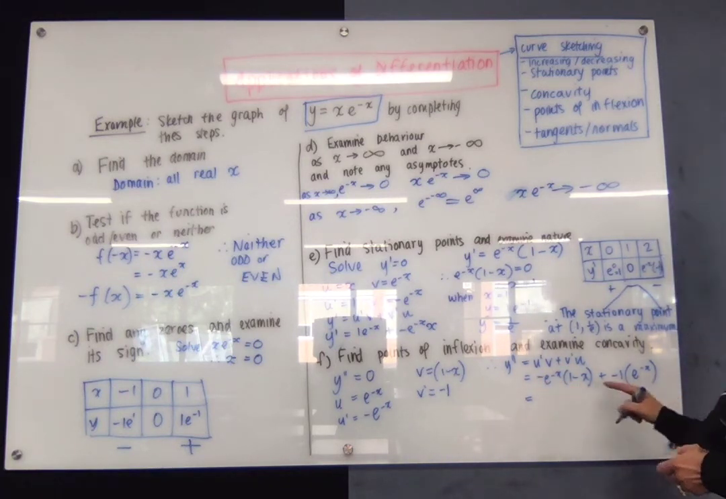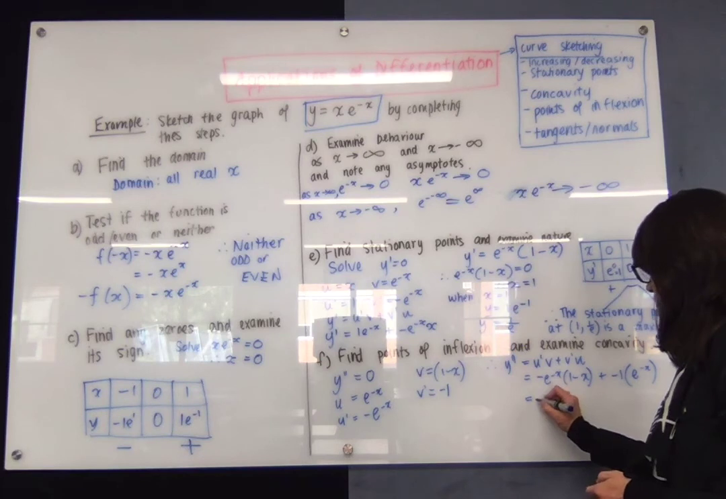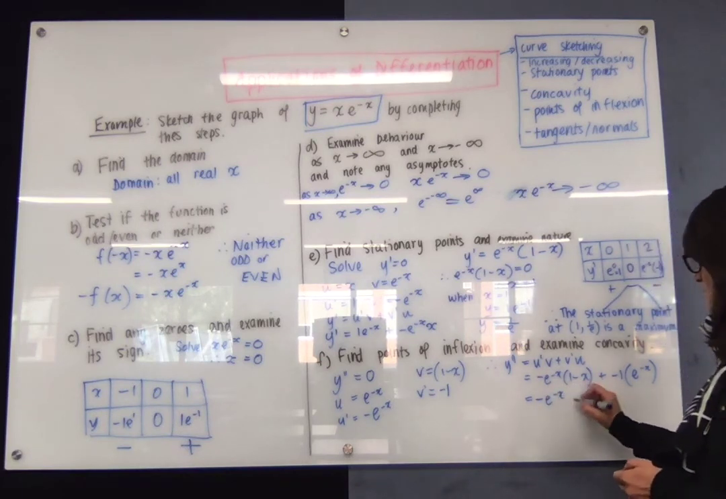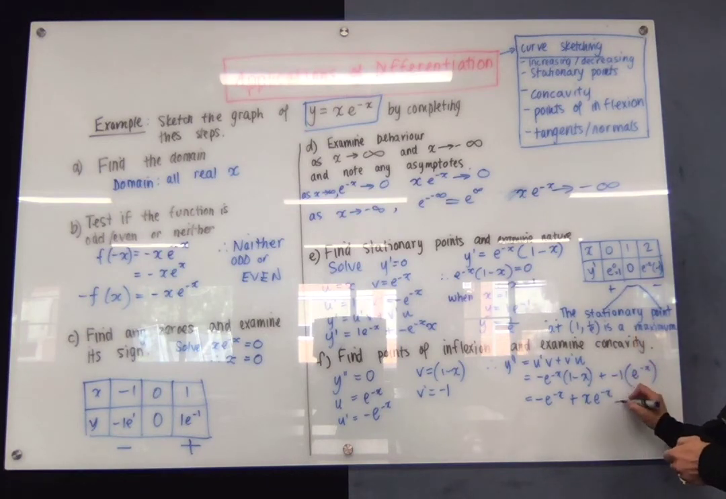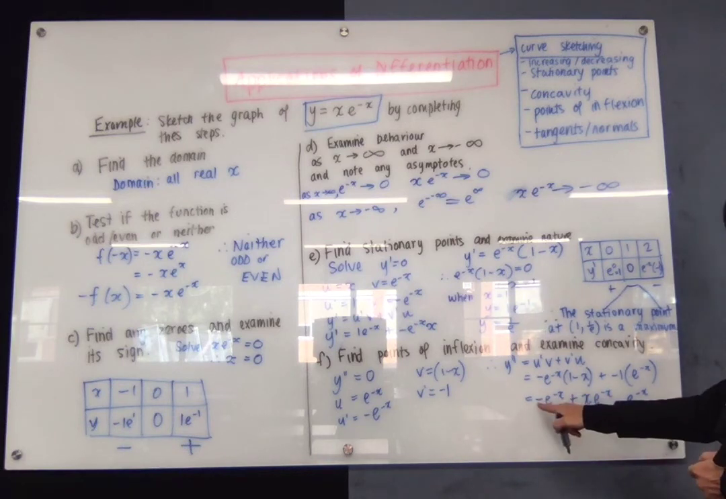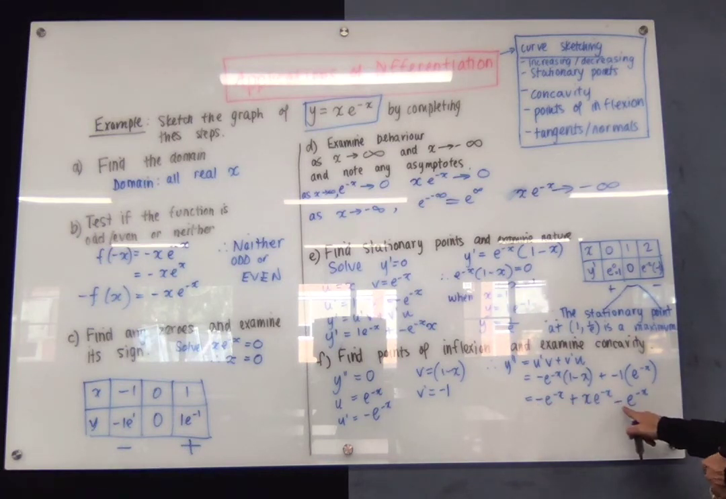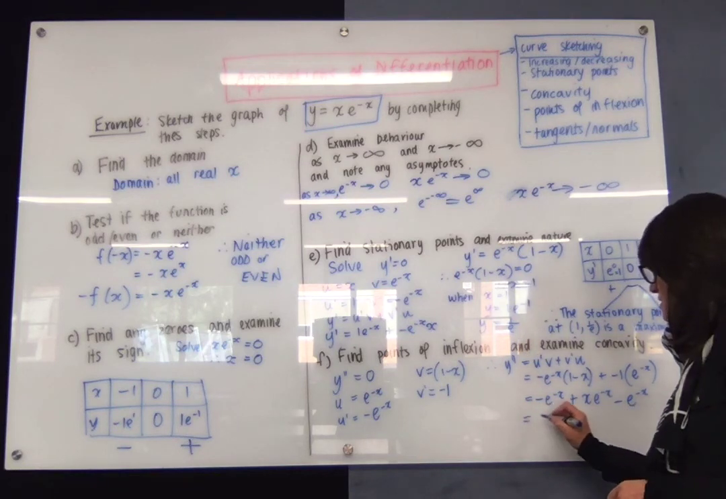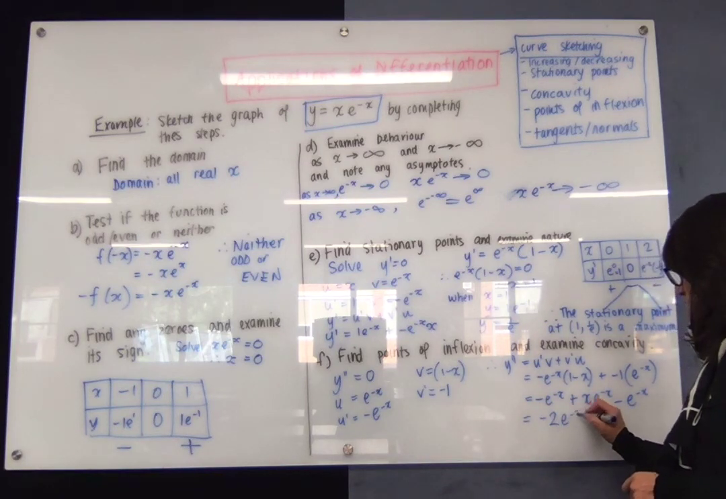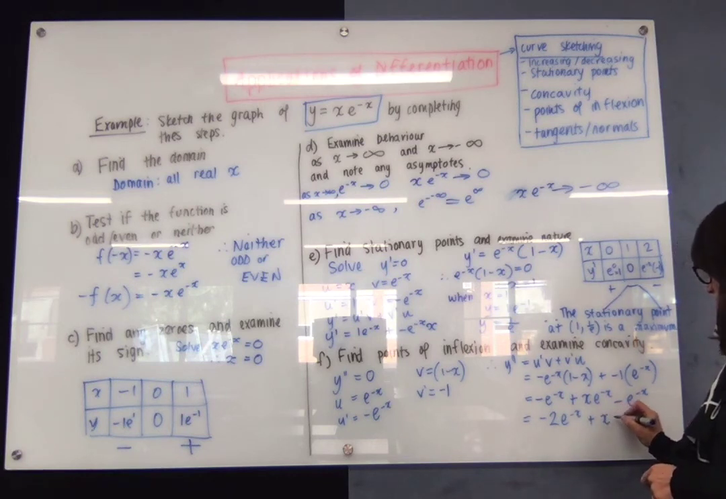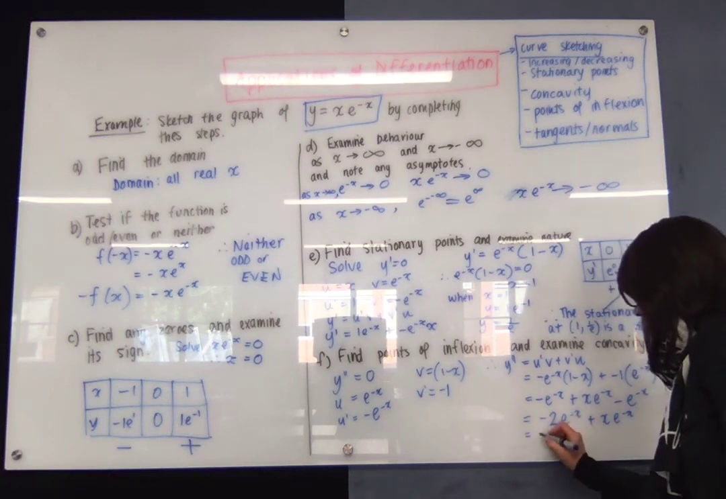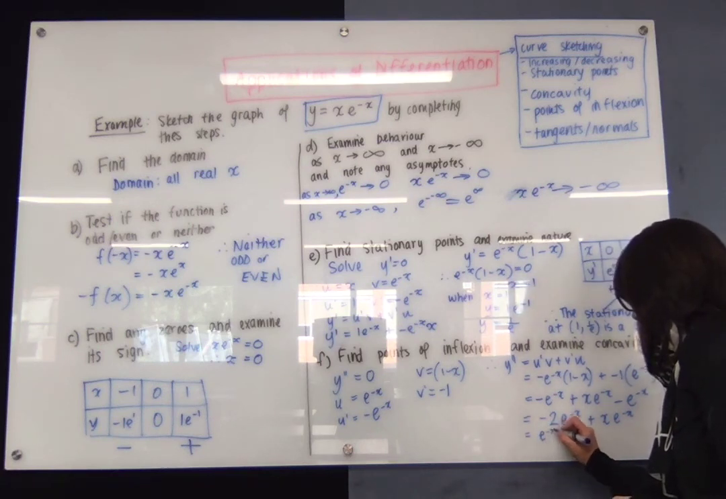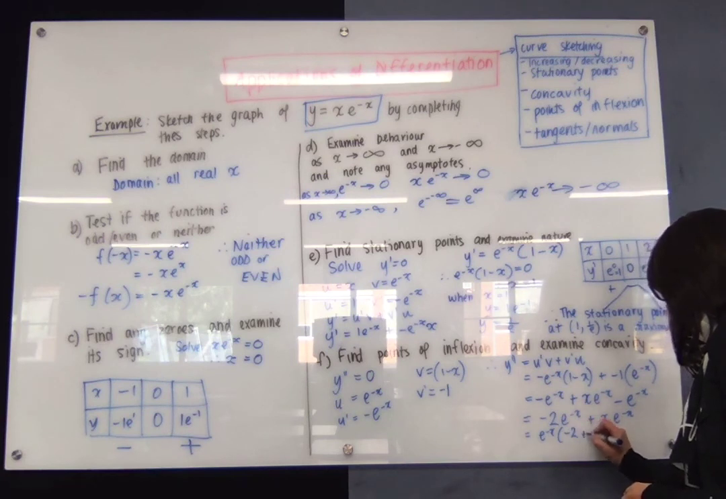Okay, let's expand it all out and see if we can collect some like terms here. So we've got negative e to the negative x plus x e to the negative x, and then minus another e to the negative x here. So we've got a negative e to the negative x and another negative e to the negative x. That'll give us negative 2 e to the negative x plus x e to the negative x. Now let's take out a common factor of e to the negative x, and then we've got negative 2 plus